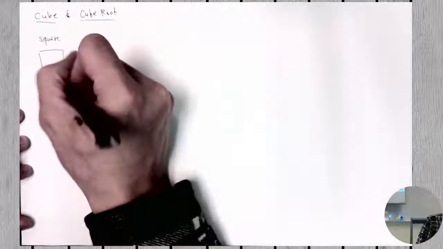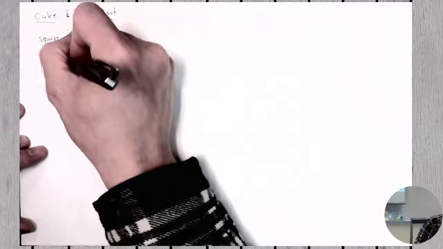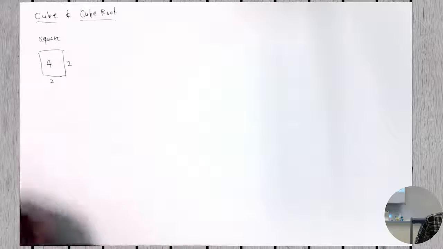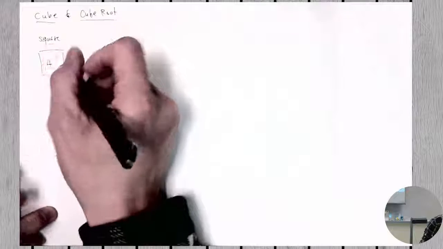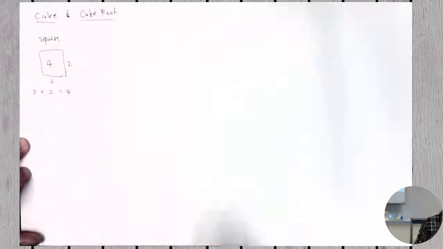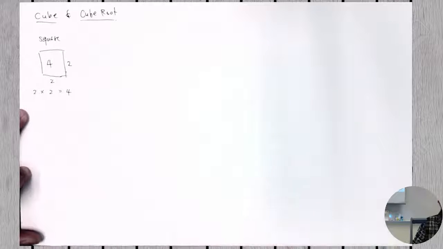A square looks like this, and a square has an area. So let's call that 4 centimeters squared, and this is 2 centimeters each. So far we've kind of omitted the unit, so we're going to put more focus on the unit as of now because we have the volume coming in. If you simply write 2 times 2 equal to 4, in this scenario, you don't really know what you're talking about because 2 could be 2 candies, 2 hamburgers, 2 dogs, 2